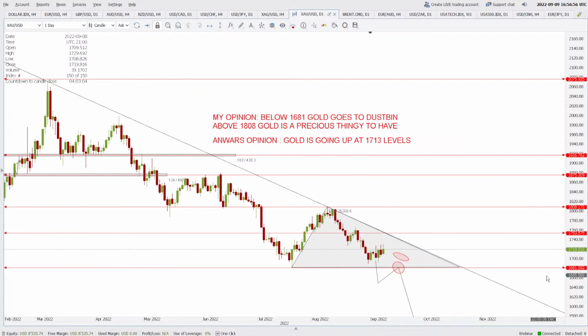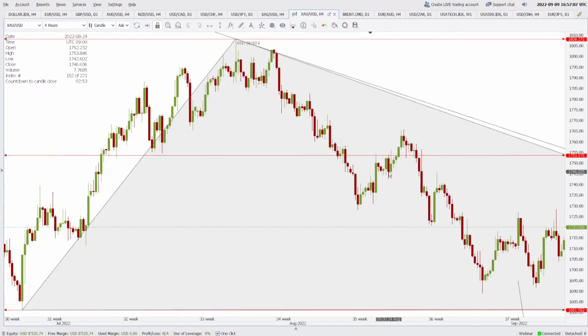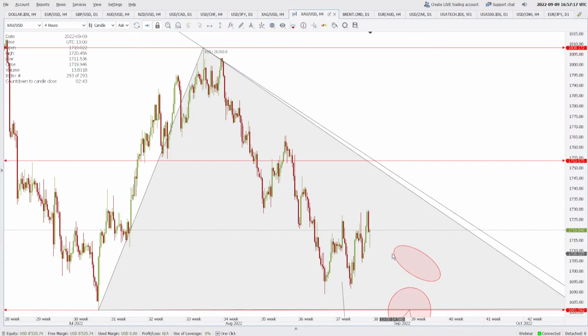Well, it looks like they tried, but today the price action seems to be suggesting that when there were highs during the day, there was immediate sell off. I'll show you on the 4-hour. Okay, as and when the price went higher, it was sold off. Of course, the buyers are trying to push it higher, but sellers are also aggressive and they are trying to fetch the lower rates for the gold.